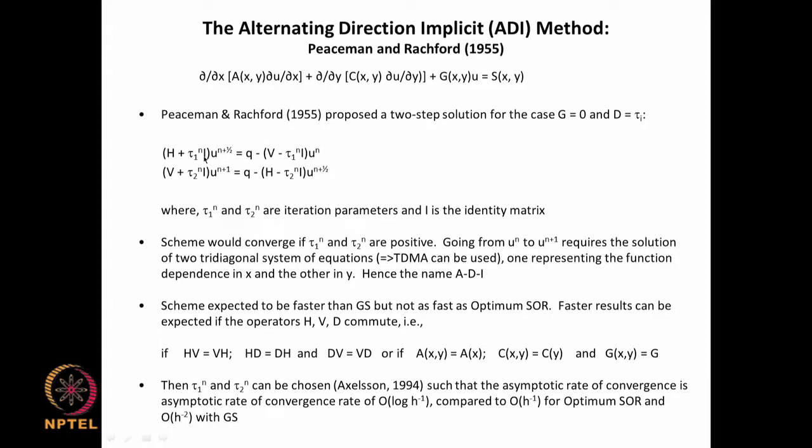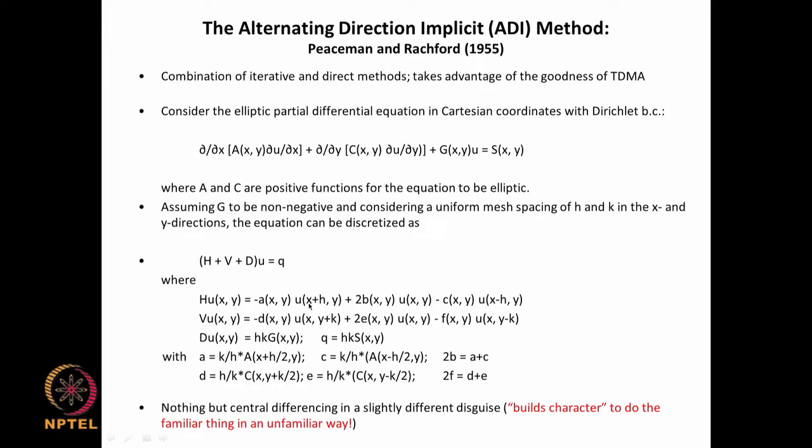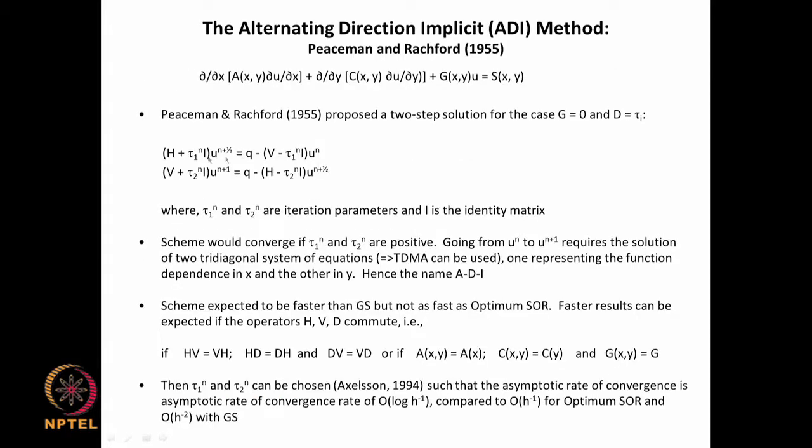So this will involve, for example, the first equation will involve u at i plus 1 j, u at i j, and u at i minus 1 j. Okay. So that makes it implicit in the x direction, all values giving us u at n plus half. Okay. And this part, which is V u n, are the y derivative terms coming in this, and these are being evaluated explicitly. So the first equation is implicit in x but explicit in y,